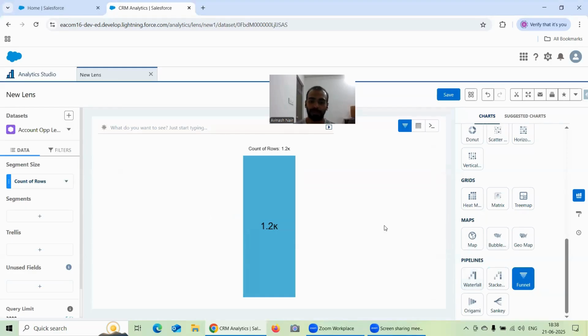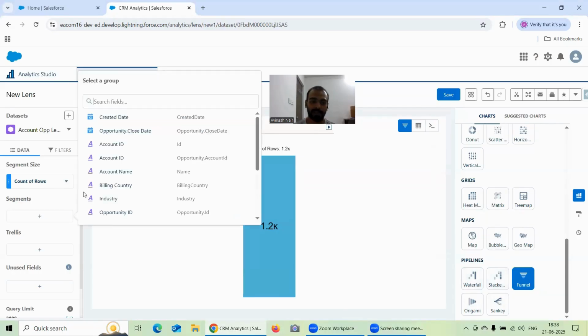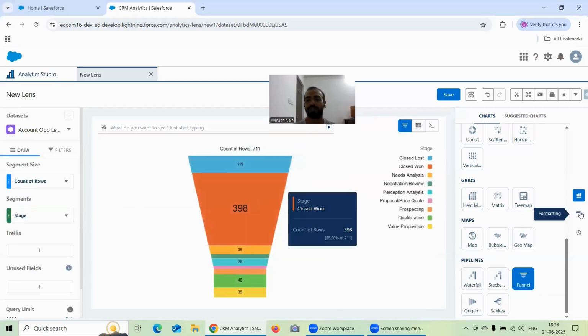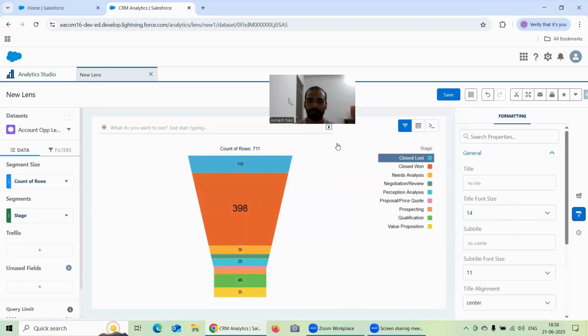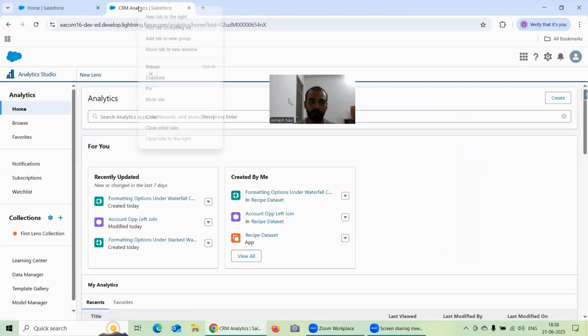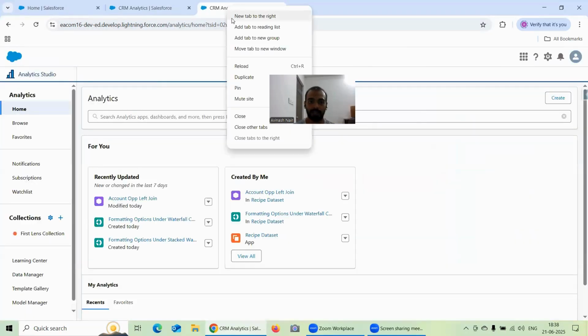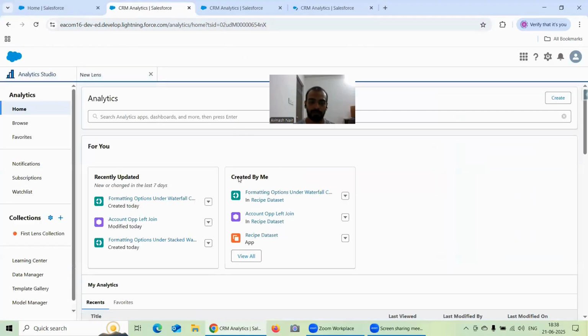So there's no minimum requirement as we are having in waterfall and stacked waterfall chart, right? And here you need this option of segment. So basically I will again go for the stage only as of now. Okay, and as you can see, this is how it looks for the stage. Okay, and before proceeding further, let me just duplicate both of them so that I can cover the other charts